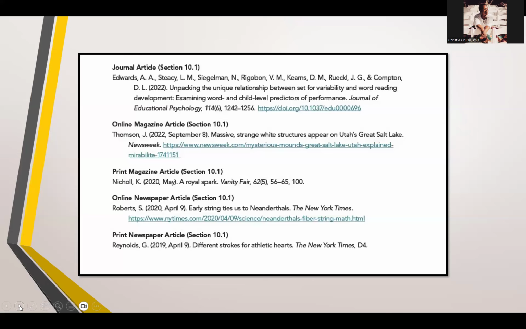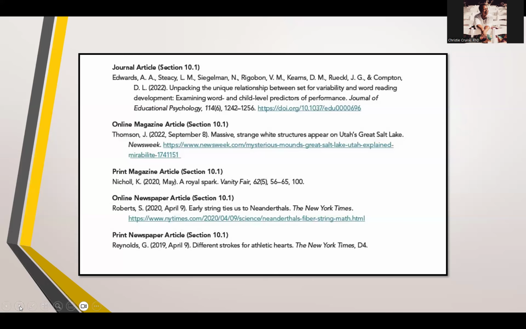You're going to italicize the journal article. And then comma, and then the volume is going to be italicized, but not the issue in parentheses. And then you don't list PP, you just list the page numbers. And if this was found online and there's a DOI number, you want to include that at the end, but remember, no period at the end after the URL or the DOI.